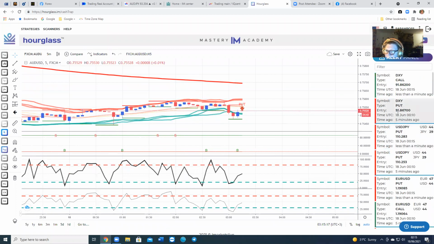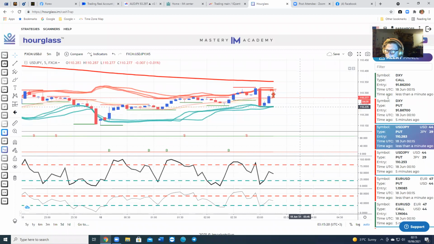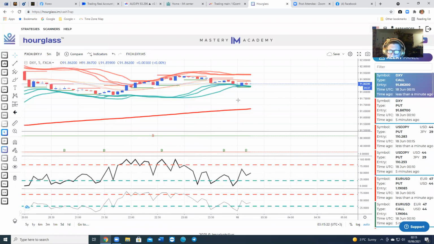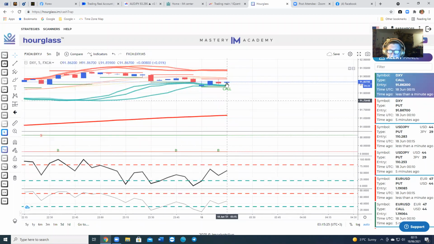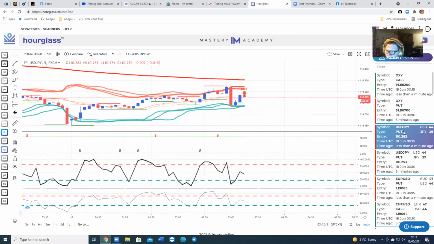I'm going to start at the top. So we're 1-0 at the moment. The US dollar DXY measures the dollar against the basket of currencies. That's a call saying it's going up. So you want that to align with, if you're taking US dollar here against the Japanese yen, US dollar is